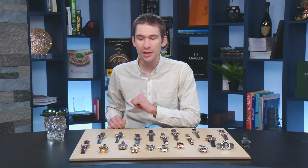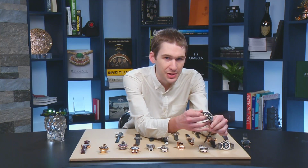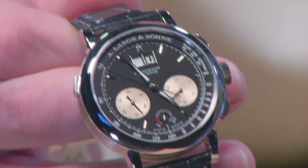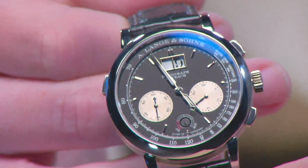Now, let's talk about the watches on the table because I have some sensational selections, including the A. Lange & Söhne Big 3, starting with the Datograph. Now, this is the 2012 to present Datograph Up-Down. It's important to note that the Datograph Up-Down is a watch that is slightly larger than the original 39mm Dato,